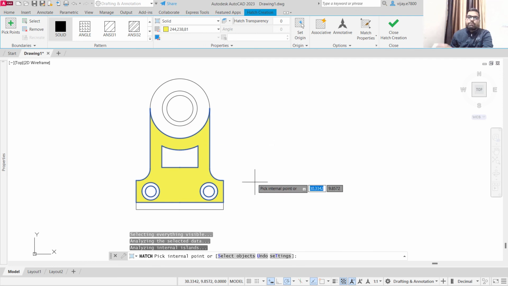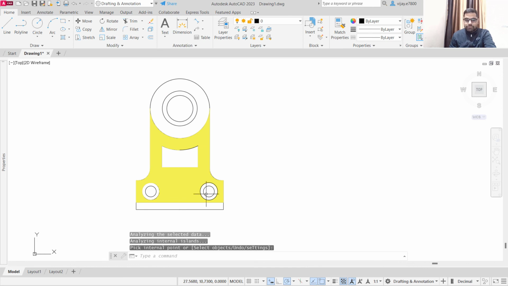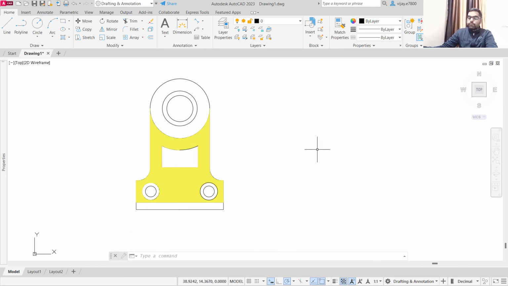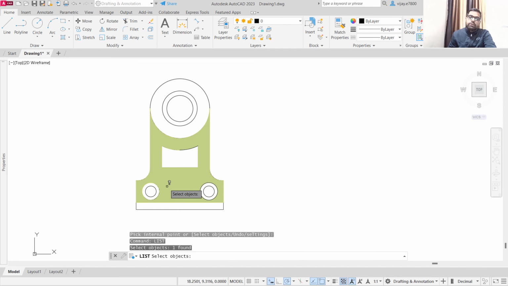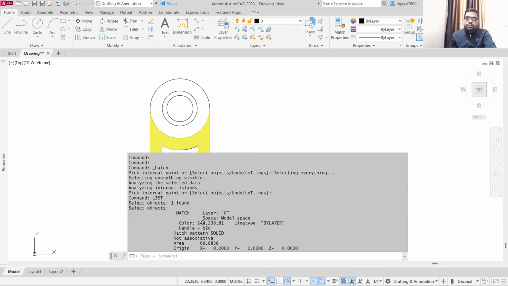and we have basically provided a specific area. Click on close hatch creation. Now suppose that you need to find out this yellow area. So what you need to do is click list and then enter. Now click on the object, basically the hatch that you have created, and you will see that all the properties of this hatch will be available here. So just take a look. This is the area of our